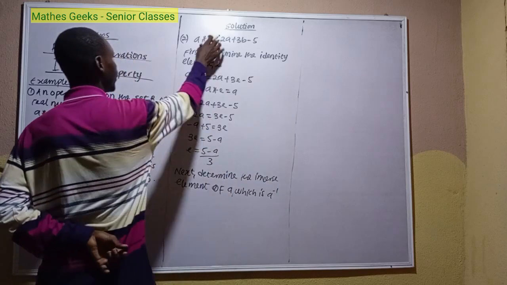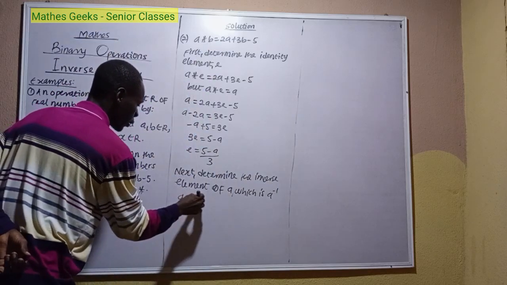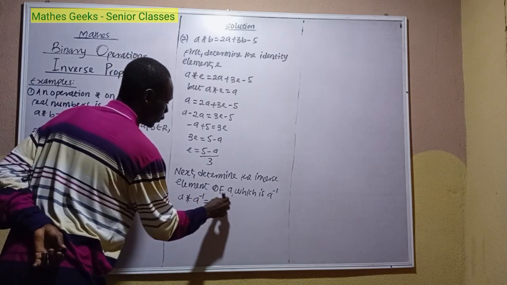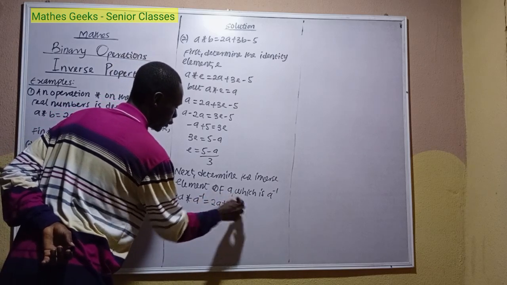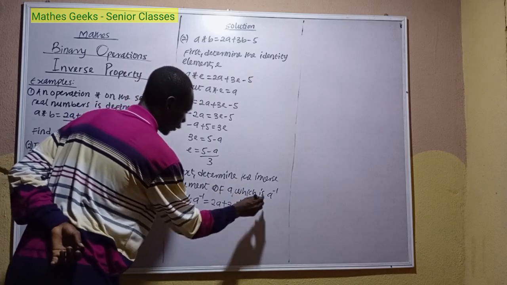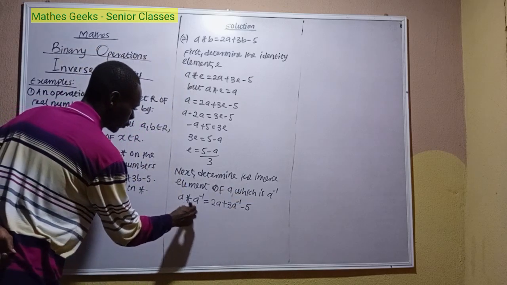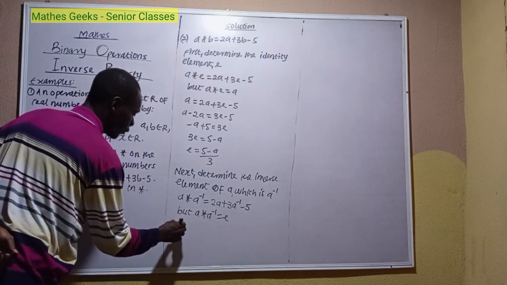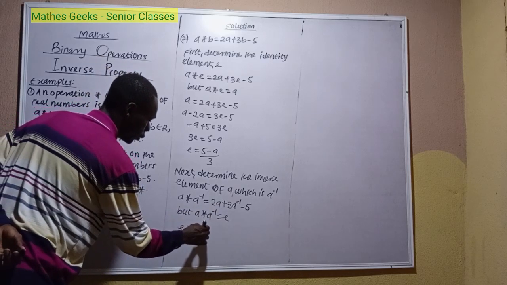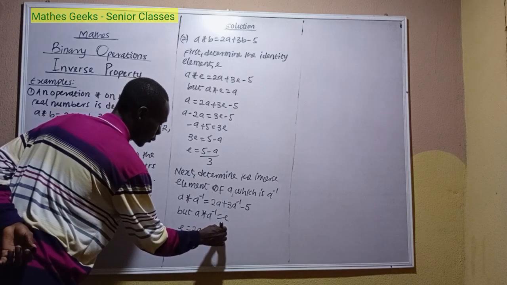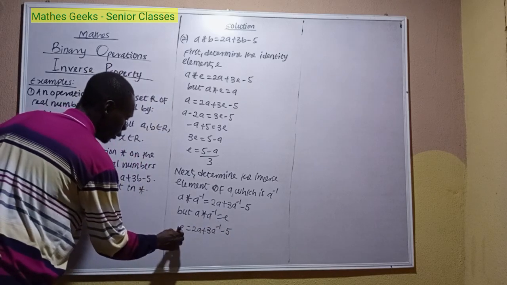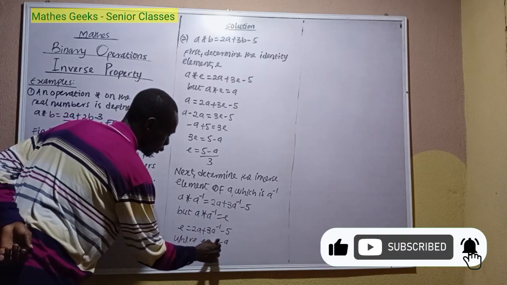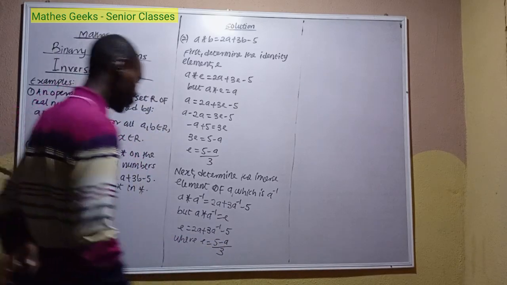So A minus 1 replaces B here, so this will give us E star E inverse, will give us 2E plus 3E inverse minus 5, but E star E inverse equal to E. So E is equal to 2A plus 2E inverse minus 5, where E is equal to 5 minus E over 3,